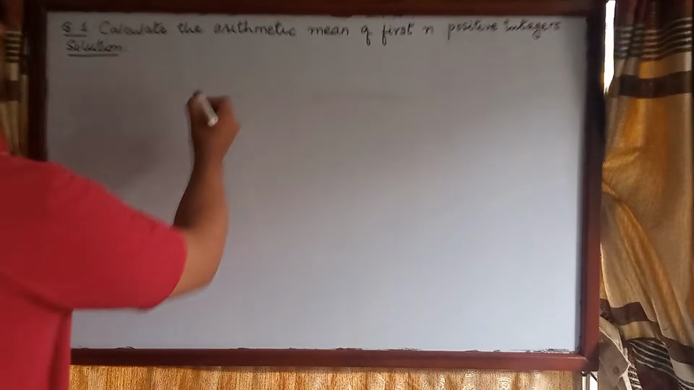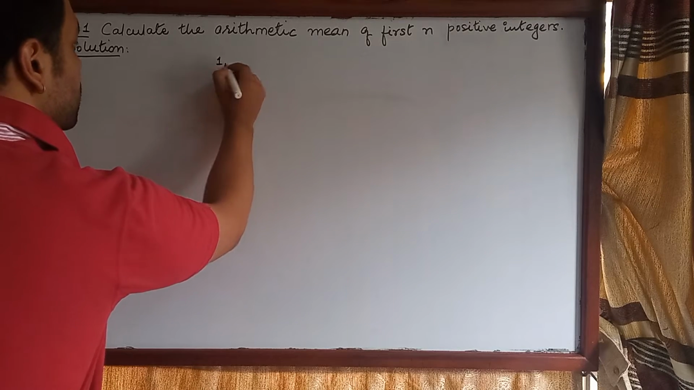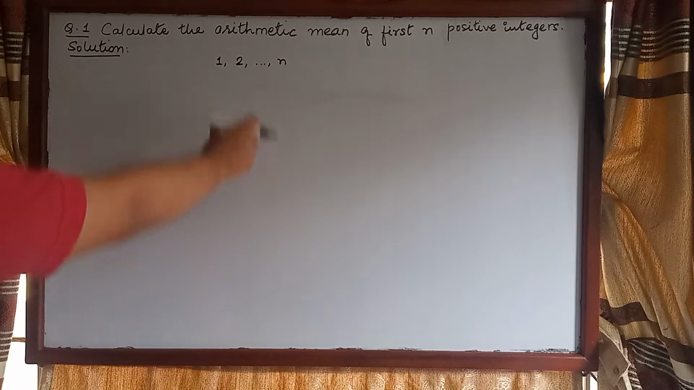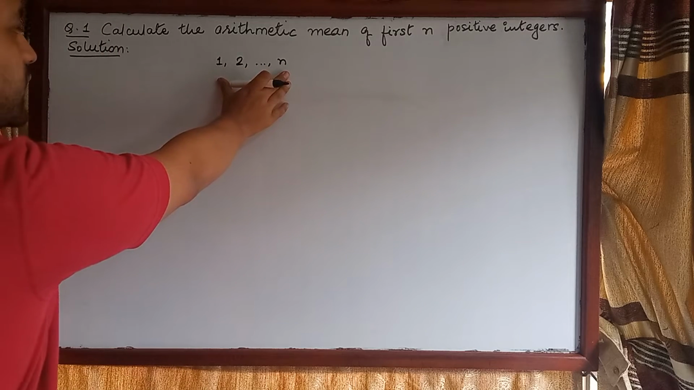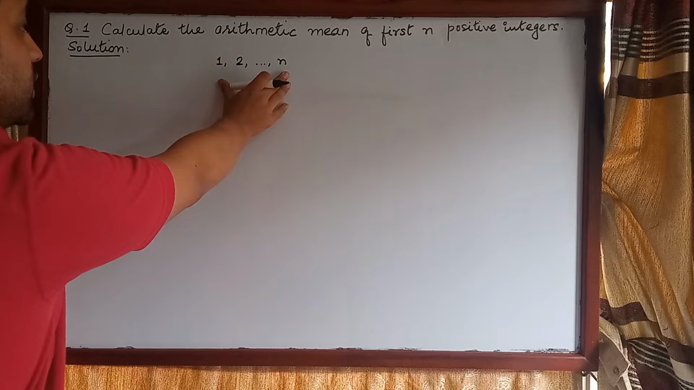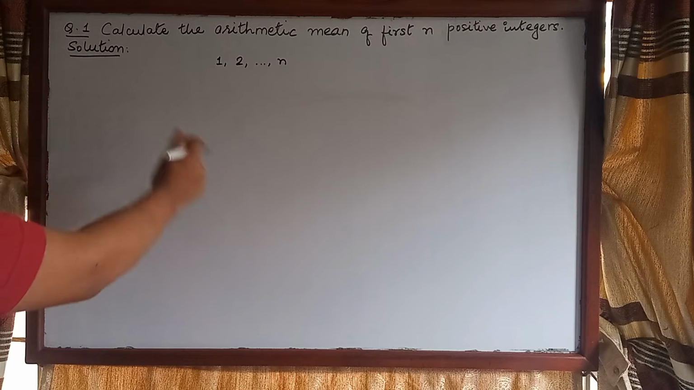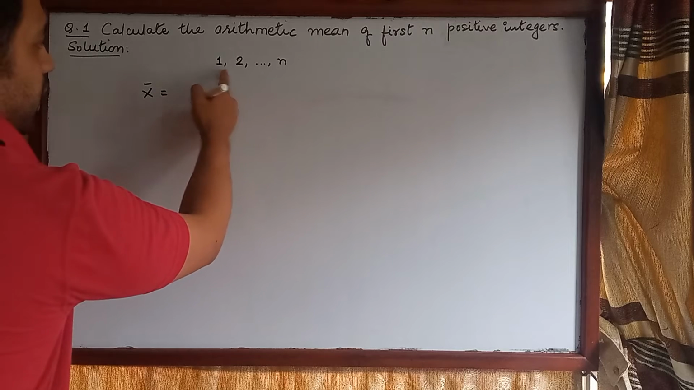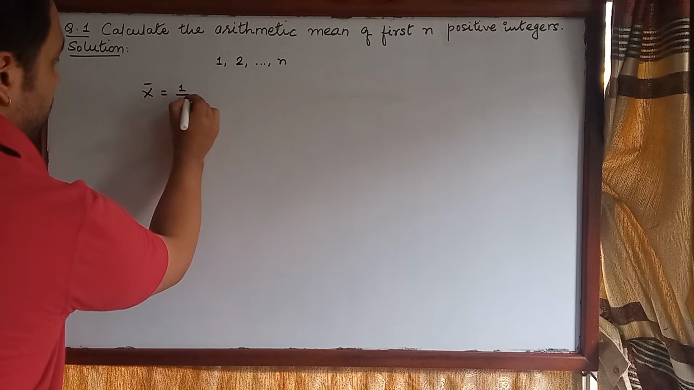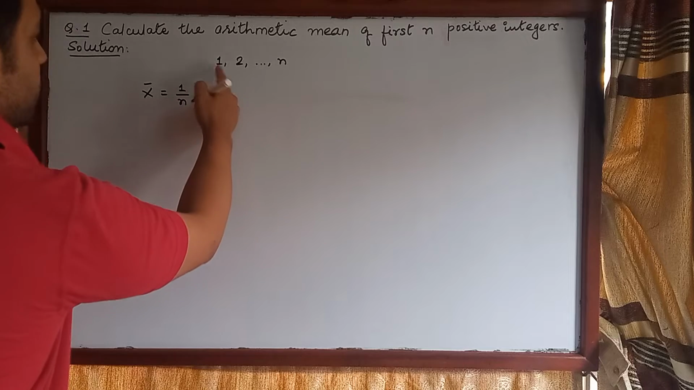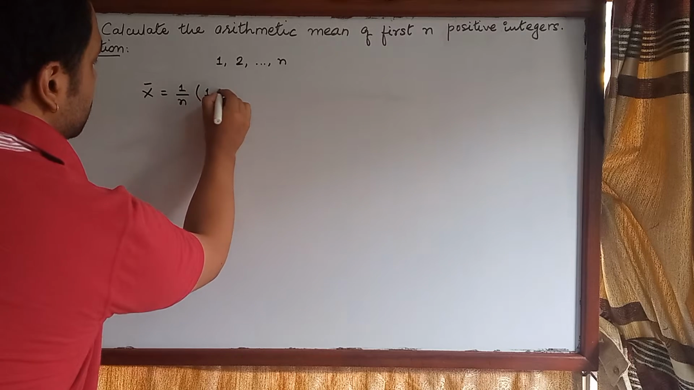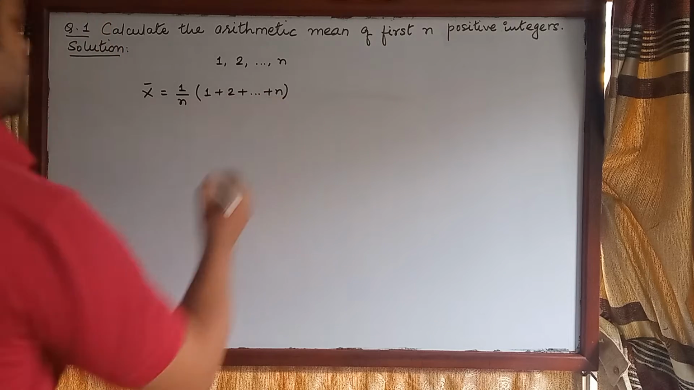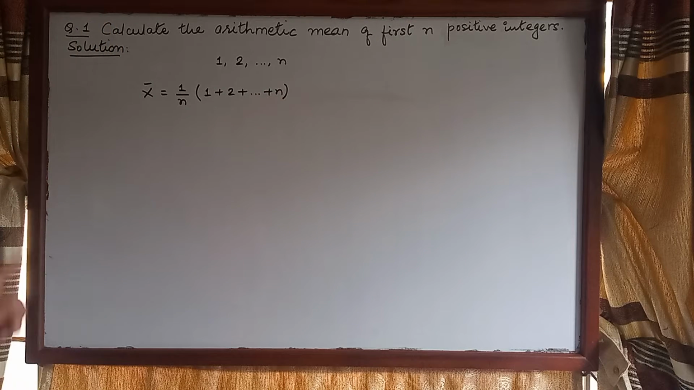So we're given the integers 1, 2, all the way up to n, and we need to find its arithmetic mean. So its arithmetic mean is equal to, there are n different observations, so 1 over n times the sum of these numbers, 1 plus 2 plus all the way up to n. Okay, now